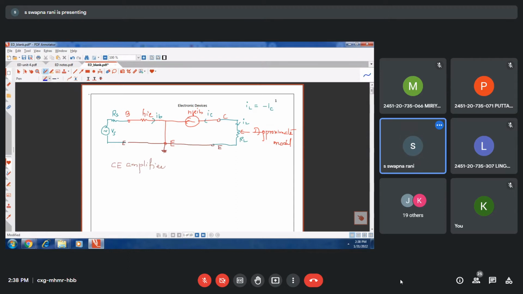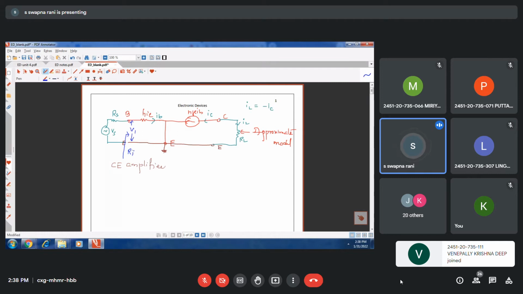And here I am representing the voltage V1, the input voltage available at the input terminals of the transistor, that is base and emitter. Now, if V1 is the input voltage available, then if I look into these two terminals, base and emitter terminals of the transistor, the resistance seen by looking into the terminals I am denoting as Ri. So here you can note a point that